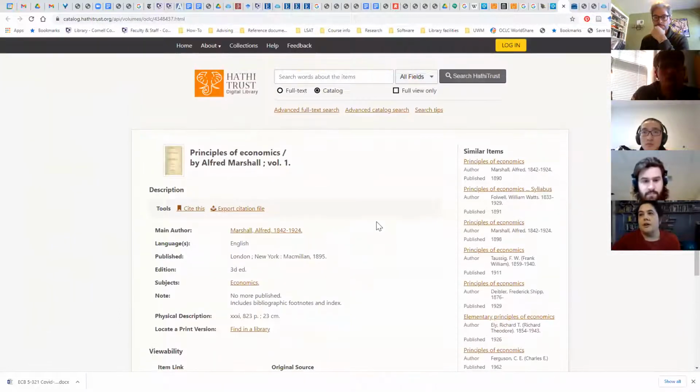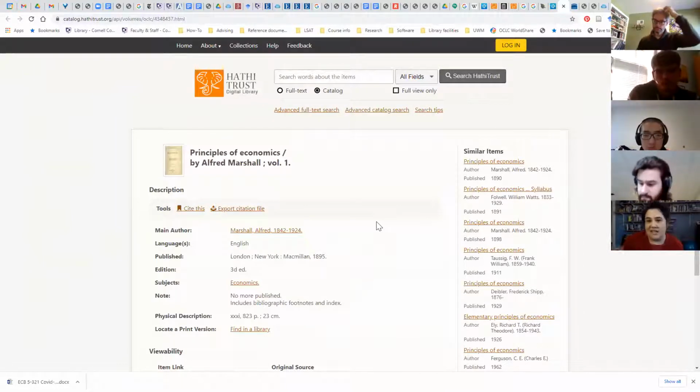So there are a couple of different organizations that have been digitizing books for the past 10 or 15 years with the idea of creating this sort of dark archive of books. Because of the pandemic, a lot of those they've made available to look at online. So that's very handy. We have way more ebooks available through the catalog today than we did a year ago.